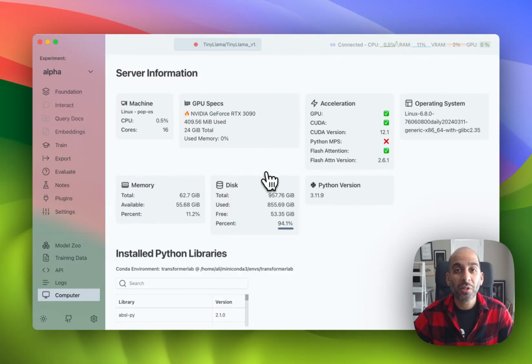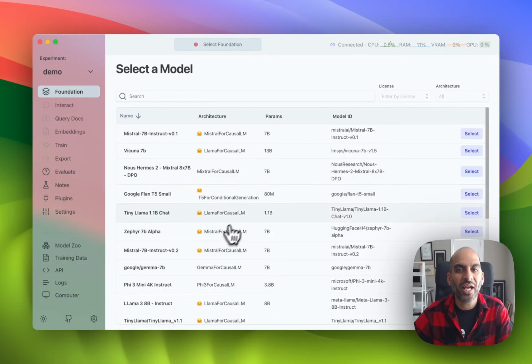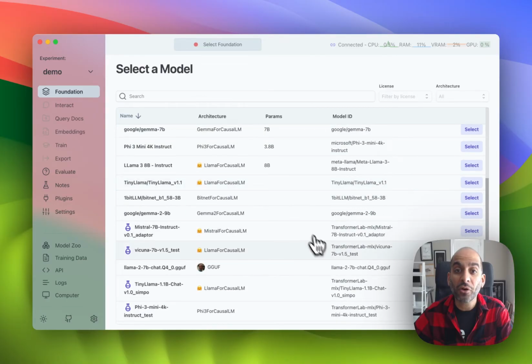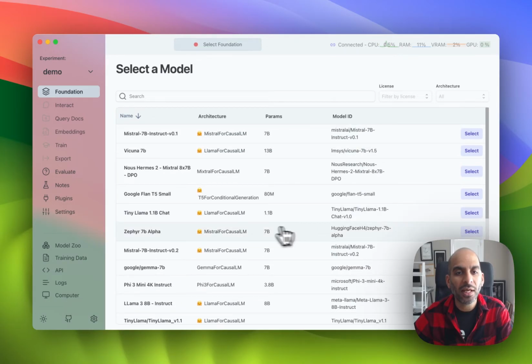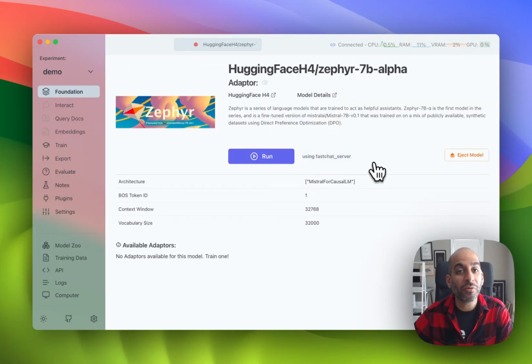Now, let's do some work with a large language model. First, I'll create an experiment to capture the work that we'll do. When I click on the Foundation tab, I can see a bunch of the local models that I currently have downloaded on my computer. Let's use a model called Zephyr, because we know that it works well for applications like